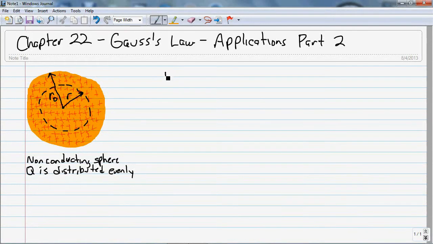So in the first case, we're looking at when r is less than r naught. Well, we need to know how much charge is enclosed inside this Gaussian shell. So let's look at a parameter, charge density, that's rho, and that's going to be equal to the charge divided by the volume. And the volume of a sphere, you can look it up in the book, is 4/3 pi r cubed. To get Q enclosed, it's just going to be the ratio of the charge inside versus the charge